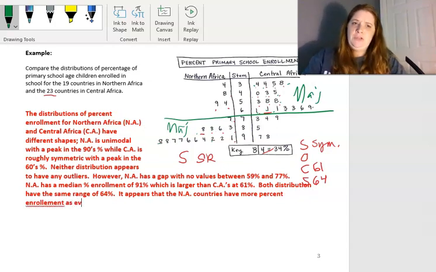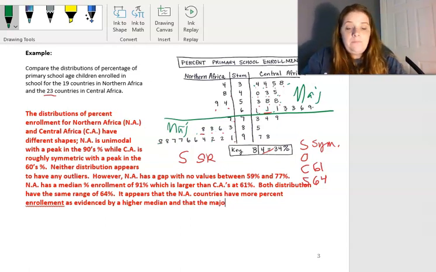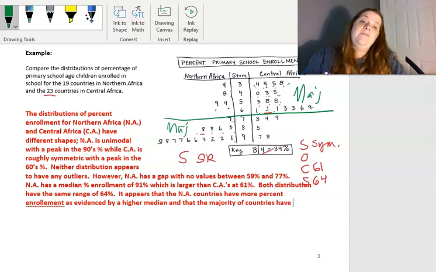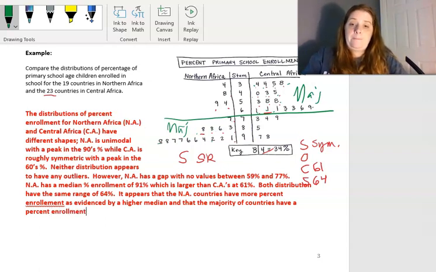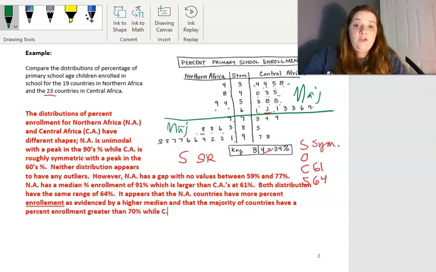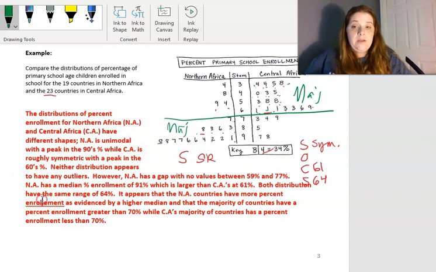And I'm going to use this fancy phrase, as evidenced by a higher median, and that the majority of countries have a percent enrollment greater than 70%, while Central Africa's majority of countries has a percent enrollment less than 70%. All right, so I kind of have my,